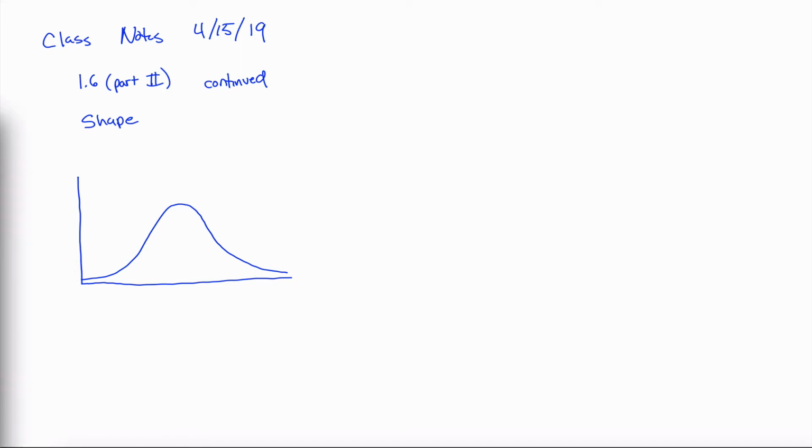So I want to draw for you 4 different shapes, and the goal will be you'll make a histogram. Exactly what you're going to do on this quiz is I'm going to have you make a histogram, and then I'm going to ask you about the shape. It won't look identical to any of these 4 shapes, but it'll look pretty close to one of the 4, and you'll identify it as one of these 4, and then you'll get full credit, and you'll be really happy. So the 4 different shapes that I want you to be able to recognize in this class are this one that I already drew,